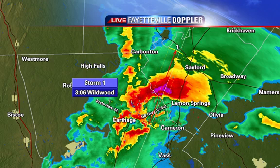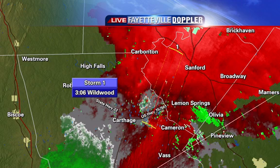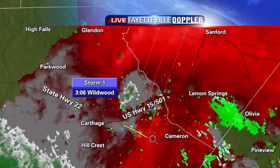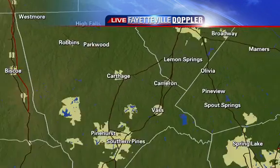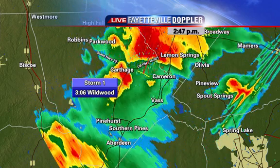Let me switch over to that to give you an idea of what the velocity data looks like. This is where we're, again, looking at the raindrops and hailstones inside that thunderstorm. And as we zoom in between Carthage and Cameron, notice the reds and the greens very close together. You see a lot of that going on, but when you see it lined up with the reflectivity, especially when you've got a sort of a hole in the reflectivity like that, that is definitely concerning and indicative that we've got a circulation in that thunderstorm as it's crossing, eventually crossing into western portions of